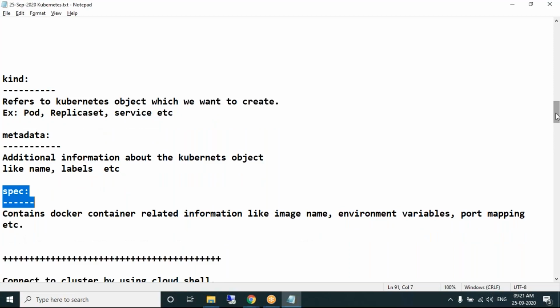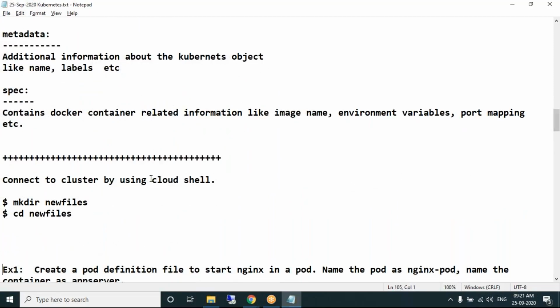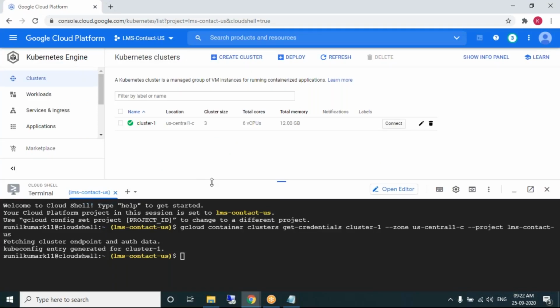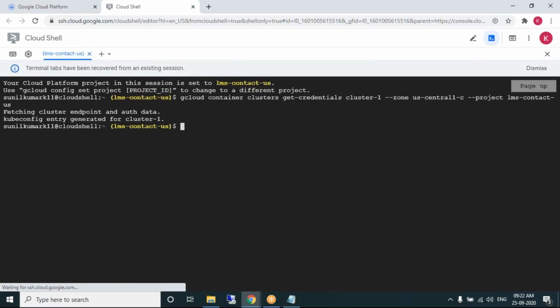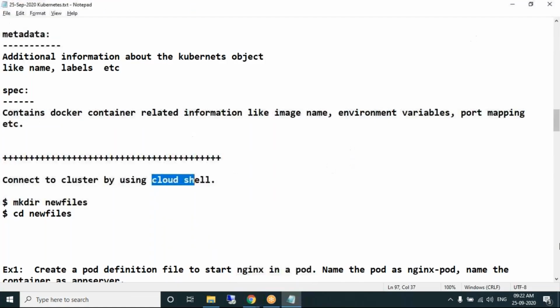Now let's use these 4 elements. Let's create a definition file. I have already connected to shell, connected to my cluster. Let's create a directory. Any directory name can be anything. So I'm creating a directory called new files.